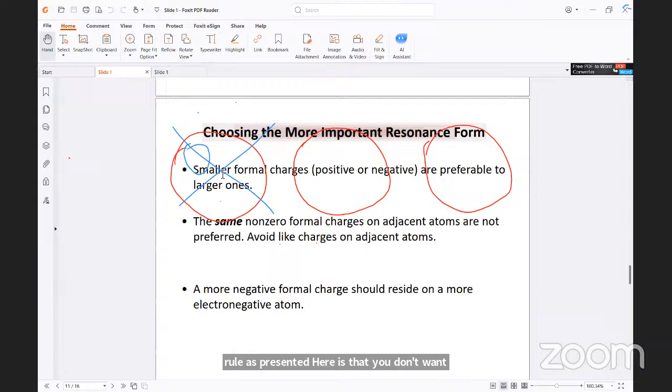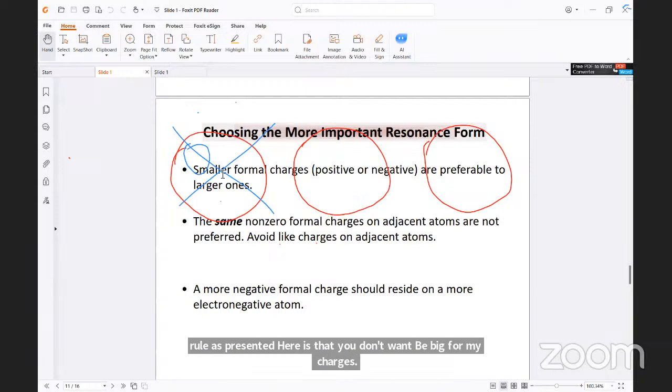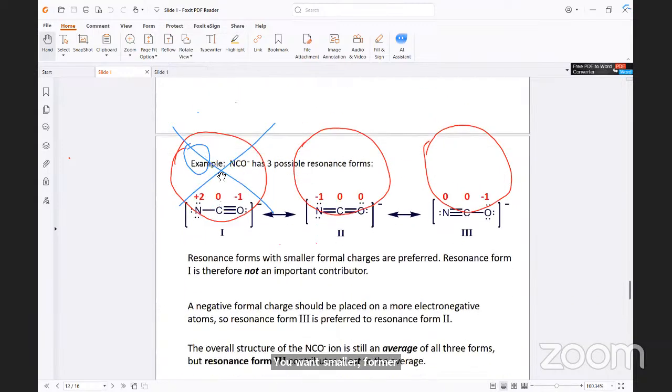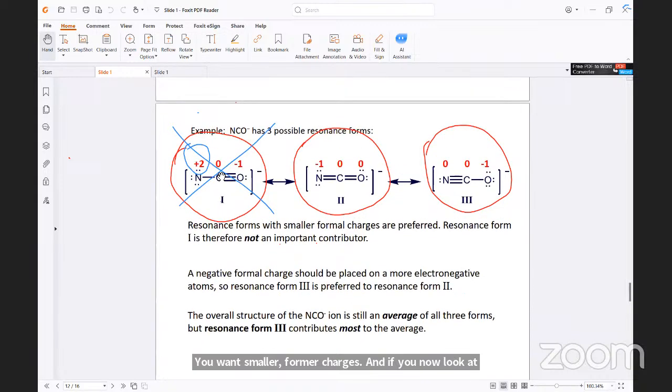You want smaller formal charges. If you look at structure number 1, you will see that the formal charge is +2. So that one is out of it. Then the second rule is not applicable because you don't have any two positive charges or any two negative charges